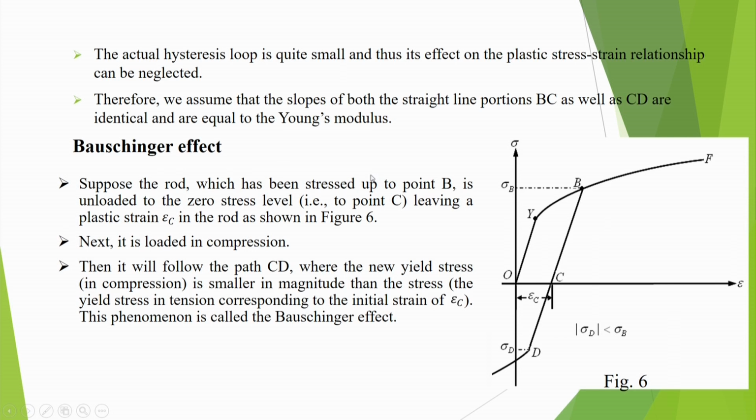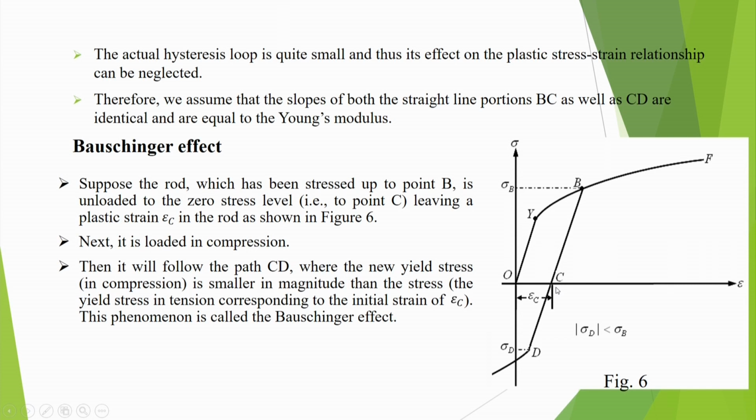Now, in the Bauschinger effect, what happens is, suppose you have a stress strain diagram and you load the material. Stress keeps on increasing from point 0 to Y. At Y the yielding starts, and you may go up to, let us say, point B, which means the material has been plastically deformed, and there is strain hardening also. Then after that you unload the material. After you unload, you have reached point C, and there is a permanent strain epsilon C.